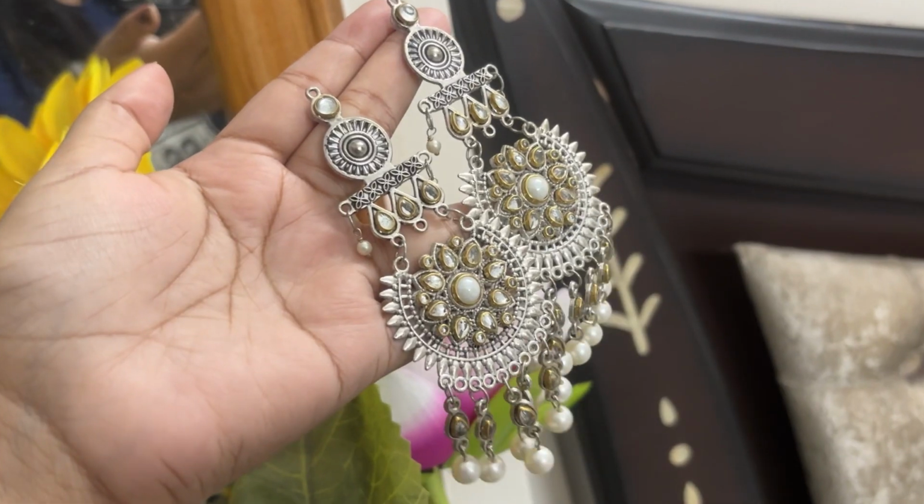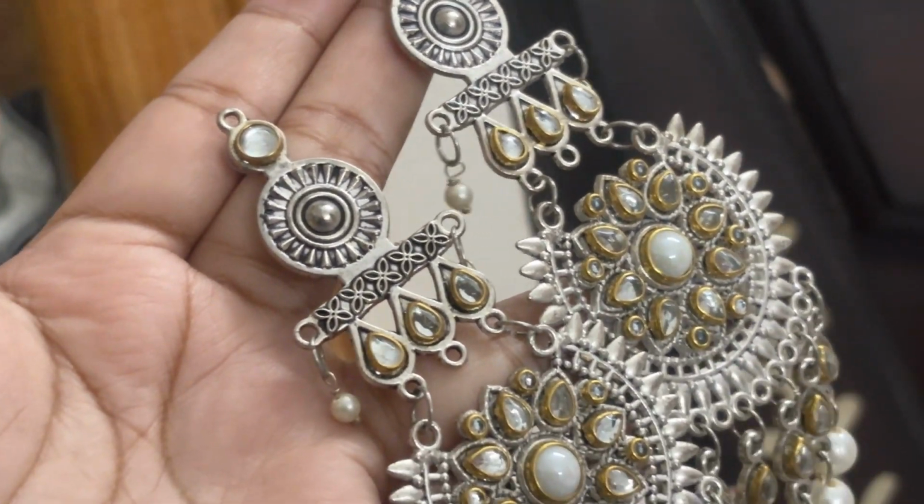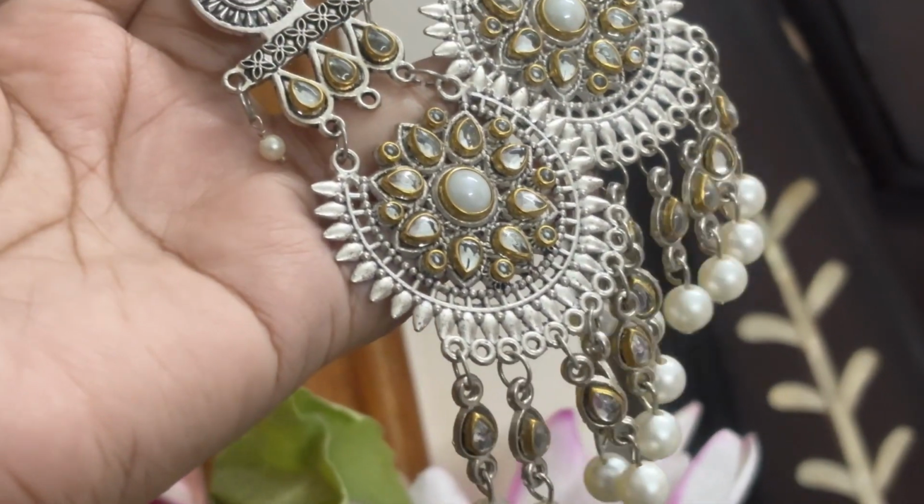I think it's a great deal क्योंकि बहुत सुंदर है ये और मैंने genuinely ऐसे डिजाइन कहीं नहीं देखे हैं. So I think it's a great purchase. So हम कहते हैं ना last but not the least, I was definitely saving this one for the last and these are huge, like huge earrings. ये थोड़े heavy हैं, I am not going to lie, थोड़ा सा कान में दर्द हो जाता है because it's like proper pure metal, so it is heavy, but